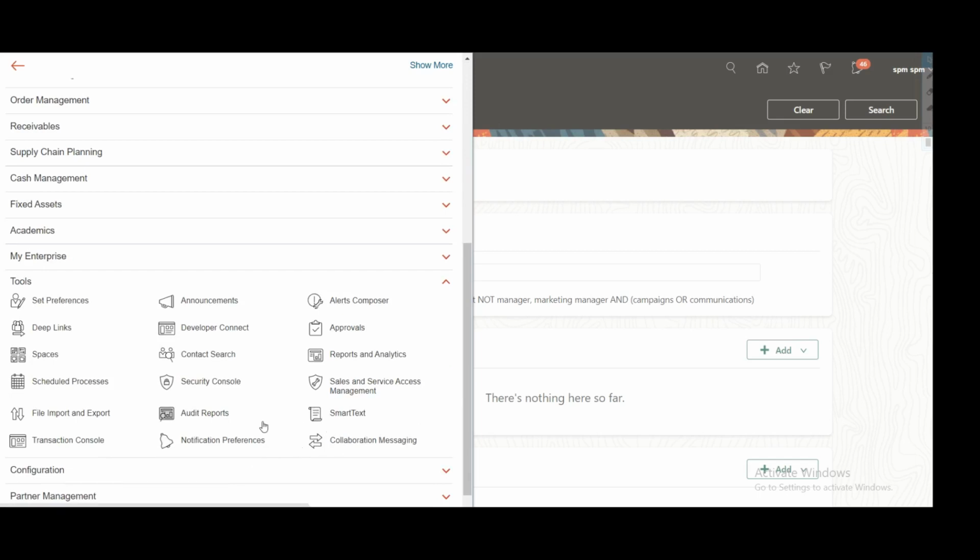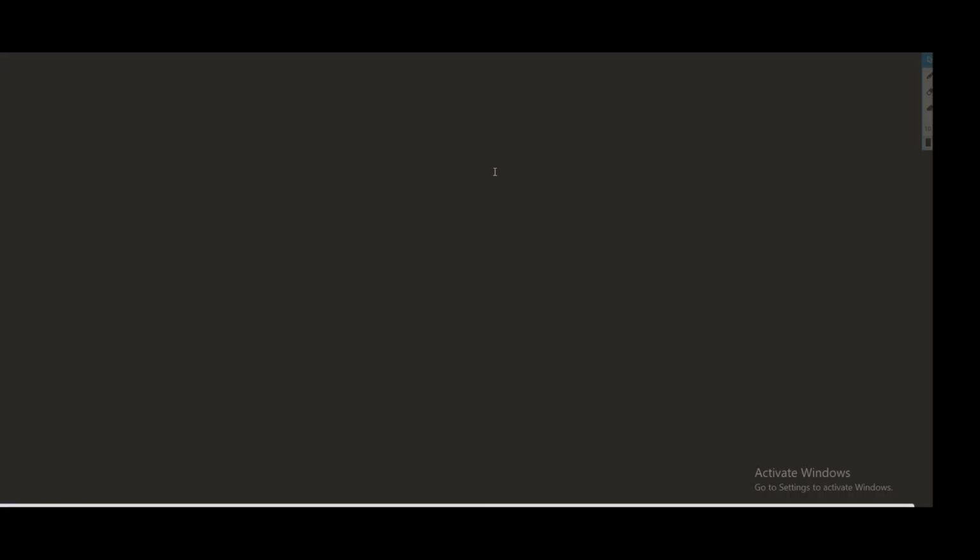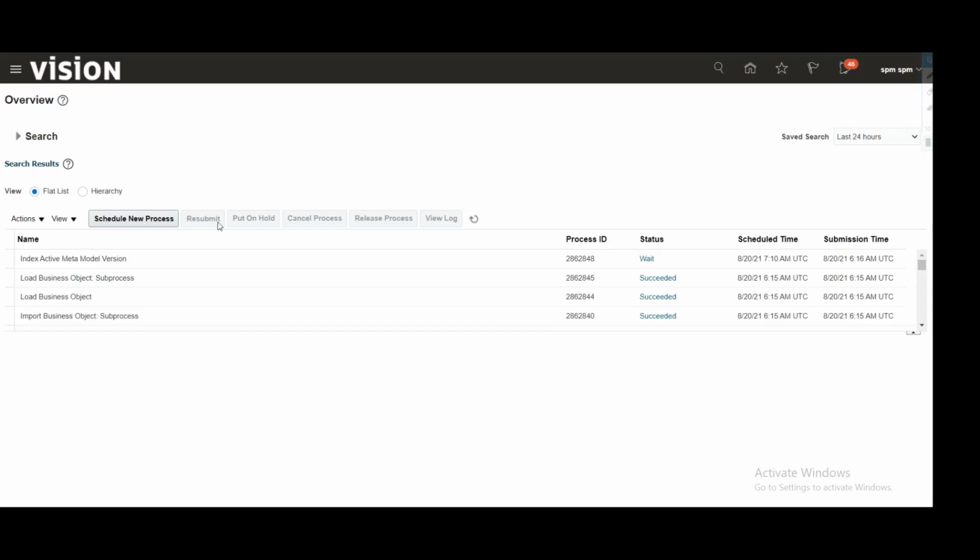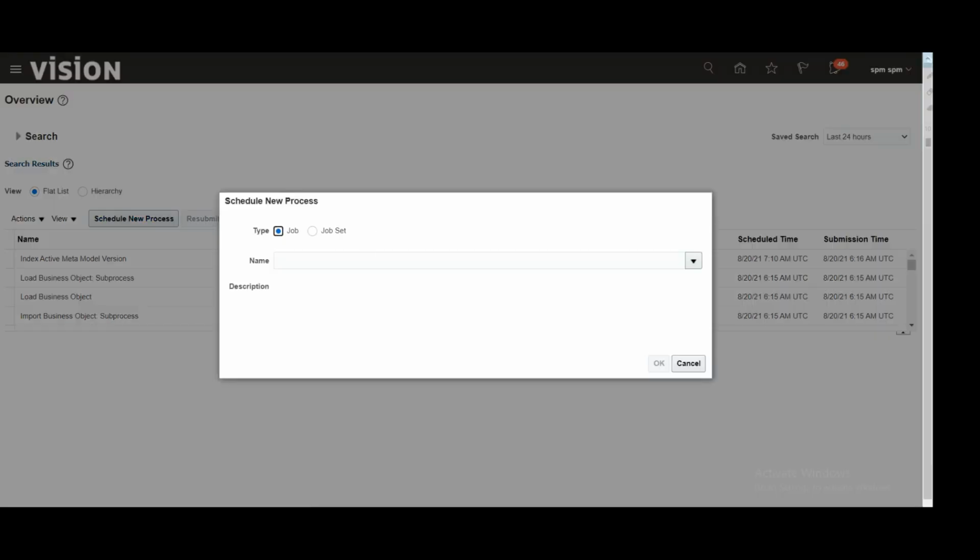For this, we have to run one scheduled process so that we are able to see those loaded candidates. To submit that scheduled process, go to Tools, then click on Scheduled Processes. Click on schedule new process to get that particular candidate visible in search. The name of that program is Load and Index Candidates.